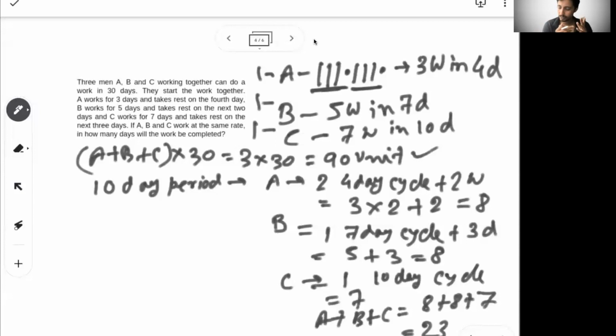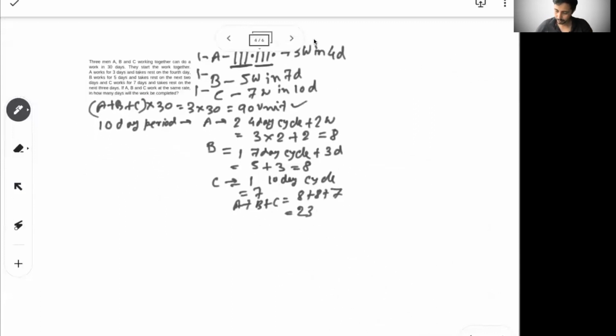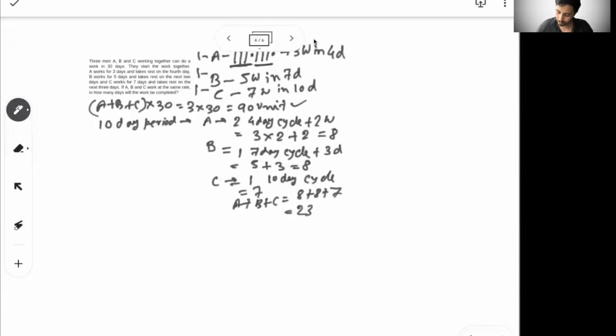So what I have to do is you possibly see 90 units is possibly 3 times higher. I'm not saying that exact 23 units get done in each 10-day cycle, but overall you can see total is 90, this is 23. So possibly the 4th 10-day period is something we need to look at for getting closure. For that, let's try to do it for a 40-day period.